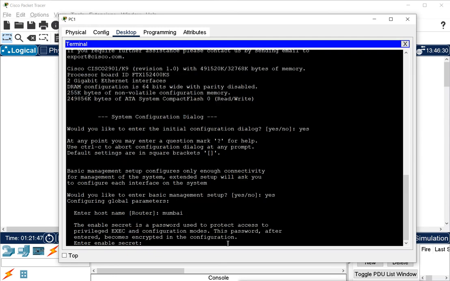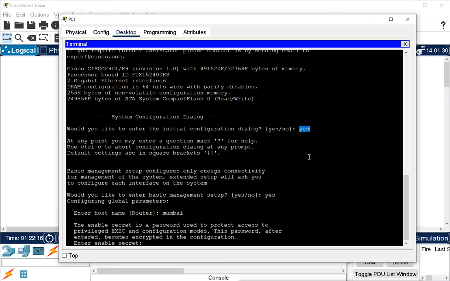Then it is saying, enter the enable secret, and I don't know what an enable secret is. Now remember, suppose you are a first time user, you will not know what enable secret is and so on. So it is hard for you to do these basic configurations. This is for the users who know everything, but if you don't, then you should not go for this basic configuration. You should say no here directly.